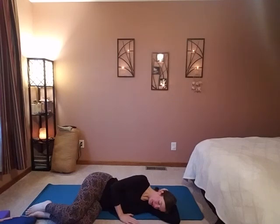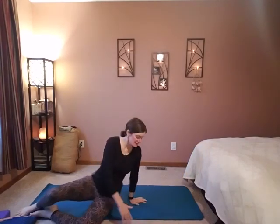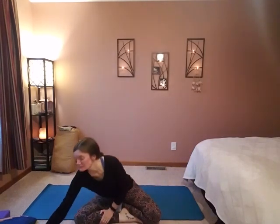And when you're ready, take your top hand and press it into the mat to help bring you up to a comfortable seat. Just cross your legs for a moment. You can close your eyes if you like. Tune into your breath one final time. Maybe you have your right hand again on your lower belly, your left hand over your heart. As we started practice, I have a short reading for you today from A Year Without Fear